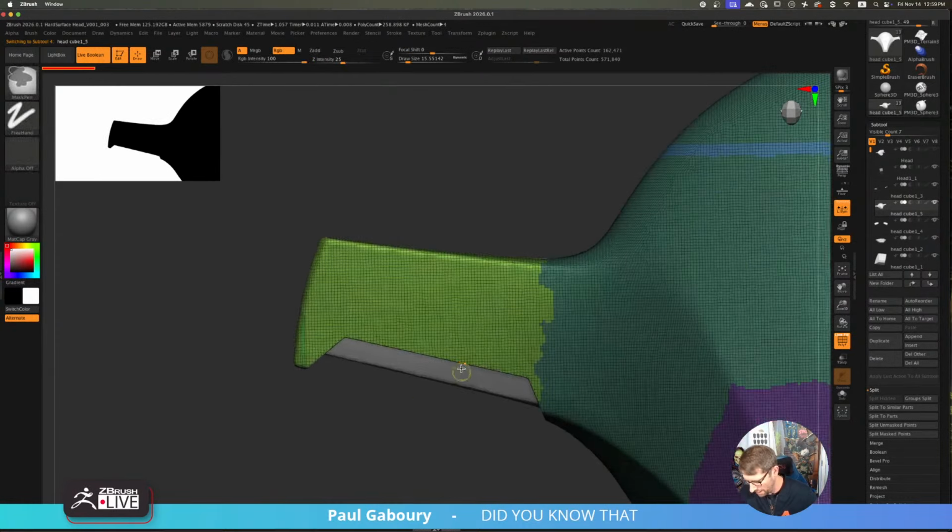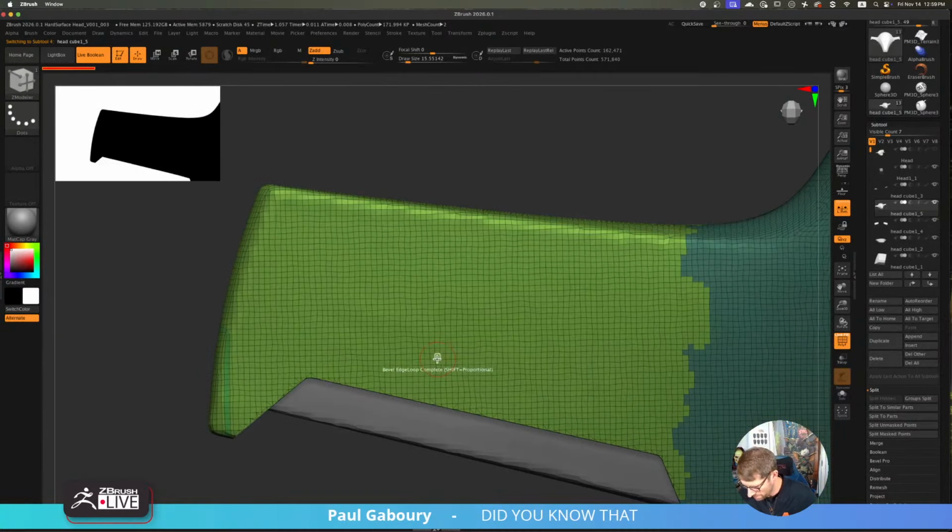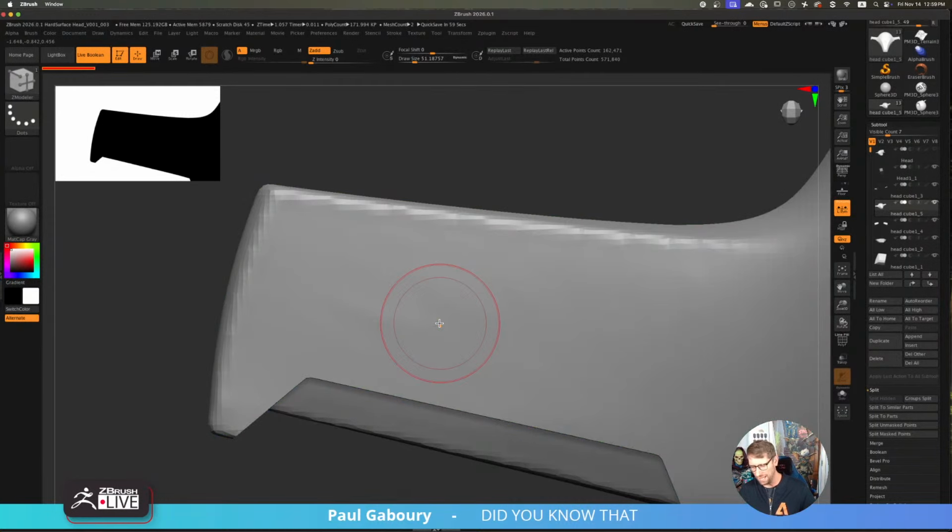Let's make sure symmetry is on. Okay, symmetry is on. Do you guys know how I know symmetry is on? Does anybody know? Is it for 1 million points, which means nothing? Because I know it's on. Symmetry is off, symmetry is on. Hopefully you guys can see it in the video. Off, on, off, on. So when it's on, you'll have a double circle on the outside circle.